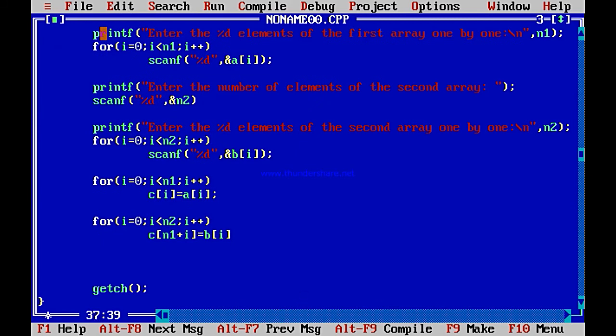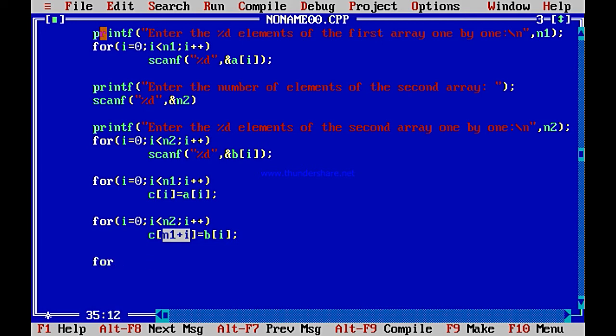So you understand this? You will start from here and go up to N1 plus I. So I you are entering with 0, so the first position you are copying to is N1 plus 0. But lastly I is N2 minus 1. So the last position, where has it been copied? N1 plus N2 minus 1, because I is less than N2, so the last value of I is N2 minus 1. So this has been copied to N1 plus N2 minus 1. So this part has been totally copied, and you know that the C array is now ready.